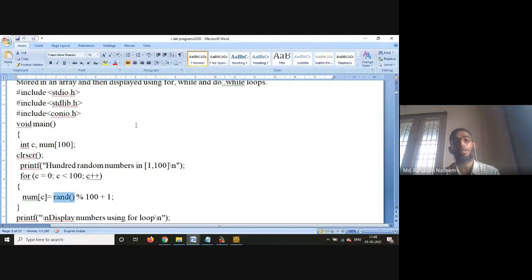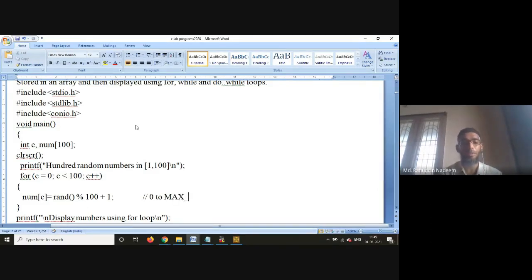This rand function is used to generate pseudo-random numbers ranging from 0 to the maximum range.